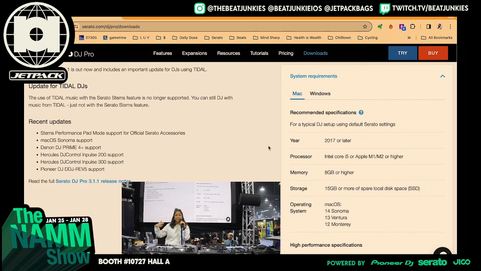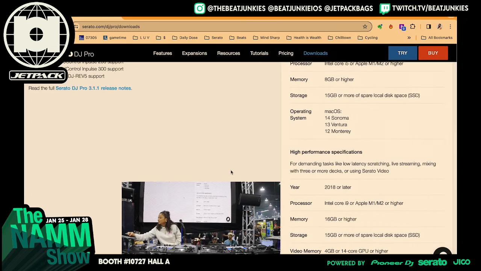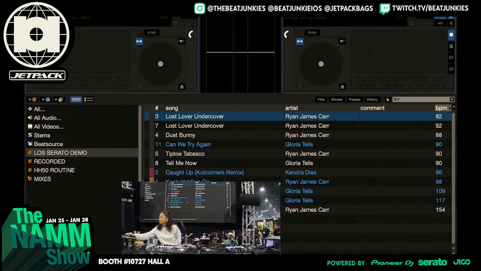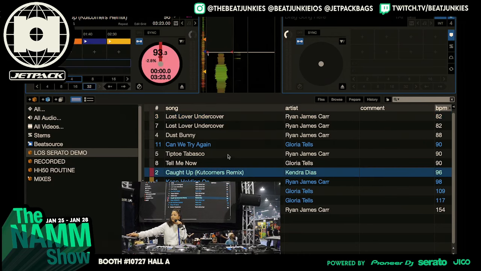All right, cool. So let's get into it. If you have Serato DJ 3.0 or higher, you have stems. And you can access stems with the stems icon right over here. So I'm going to load a track. This is a track called Caught Up by Kendra Diaz, remixed by our very own Cut Corners. I just loaded that in, and right over here is our stems icon. Going to click on